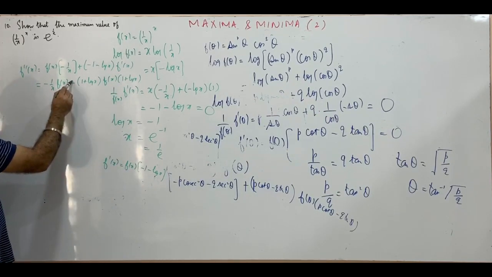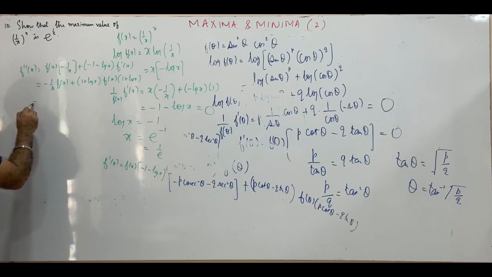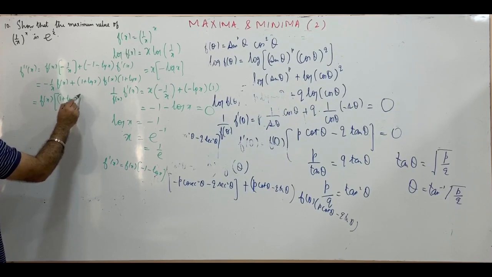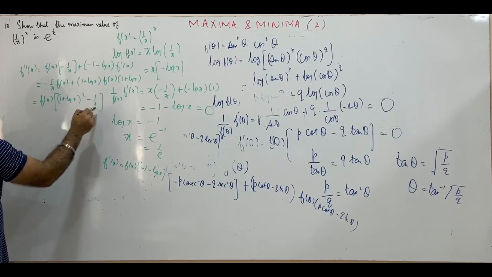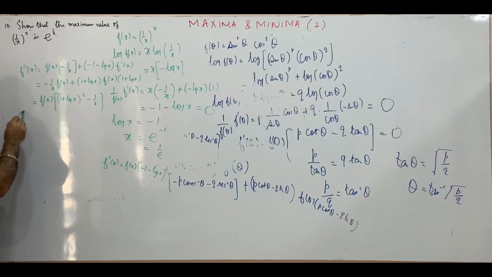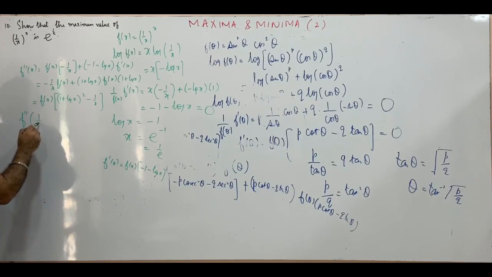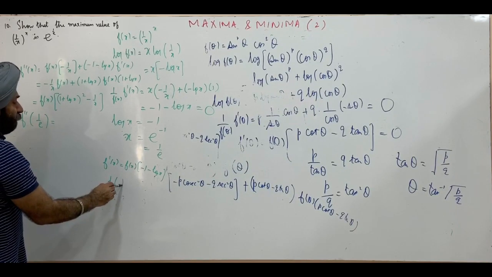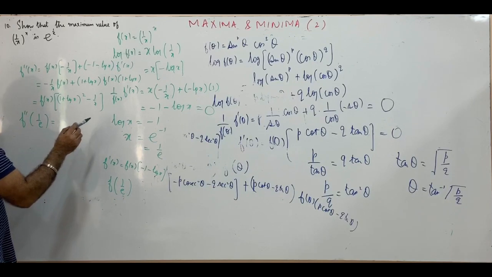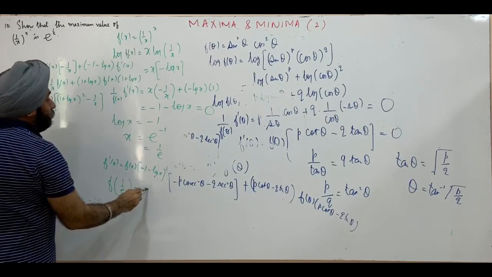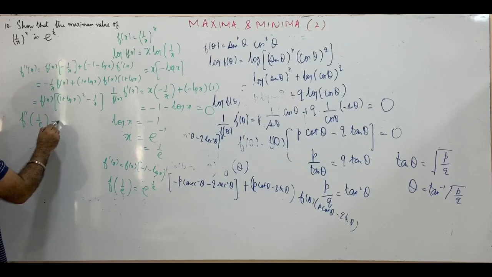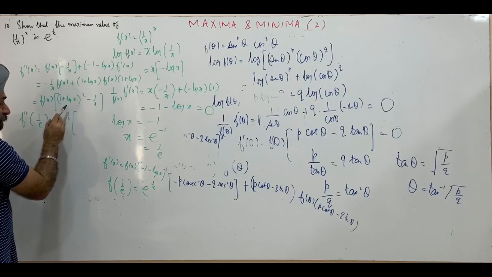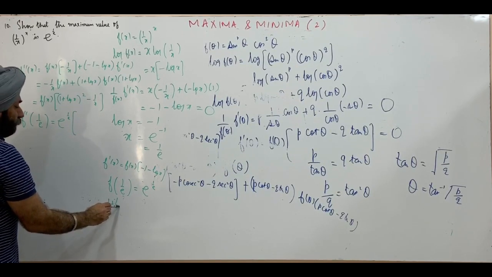So minus sign, this will make it positive. And now we take f of x common. It's 1 plus log of x whole square, and minus 1 by x. And f double dash at the critical point 1 by e, now we need first of all the value of f of 1 by e. F of 1 by e here is e raised power 1 by e, and inside it, 1 plus log of 1 by e.